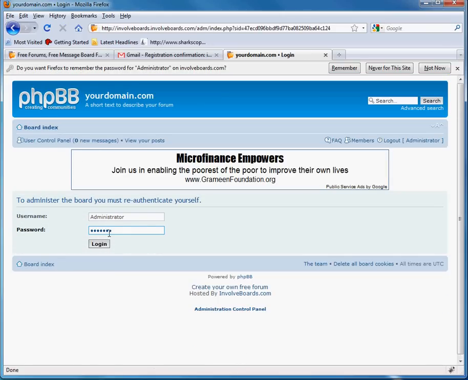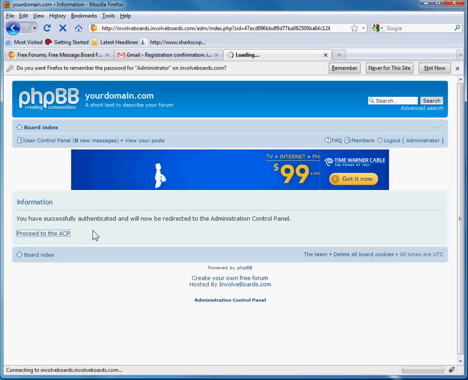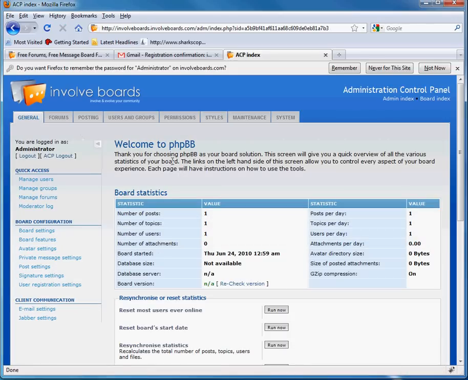And this is the same login that you just logged in with. It's just that when you hit the administration control panel, we'll call that ACP from now on, it just makes you re-authenticate yourself to make sure that it is you. Okay, first